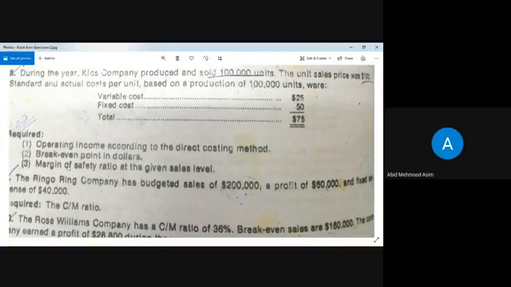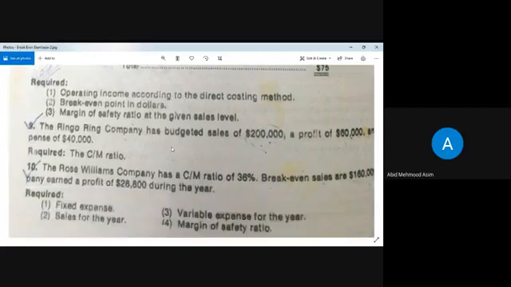The formula to calculate the margin of safety ratio is sales minus break-even sales divided by sales. So sales would be 10 million minus break-even sale, the figure that you have calculated in requirement 2 above, divided by sales, multiply by 100 if you calculate it in percentage, and if you do not wish to calculate it in percentage, it will be in decimal. The resultant answer would be decimal, but if you multiply it by 100, our resultant answer would be in shape of percentage. So I think this is a simple question, and I have explained it.